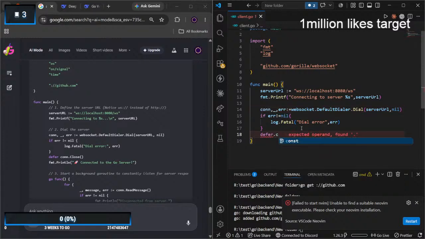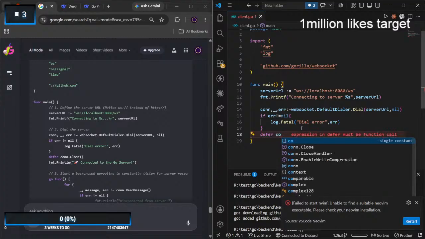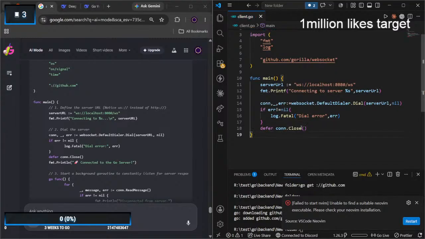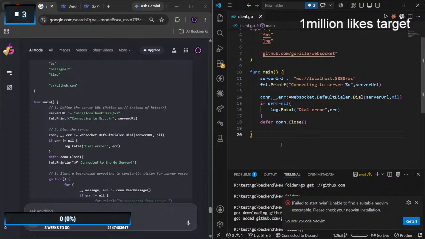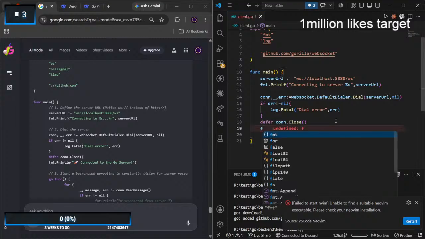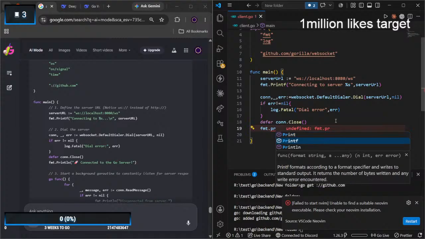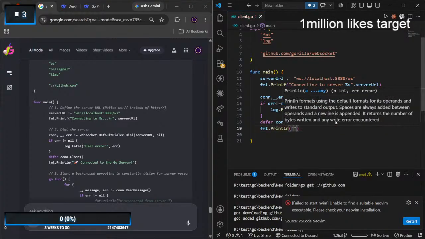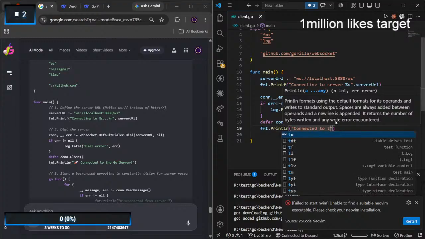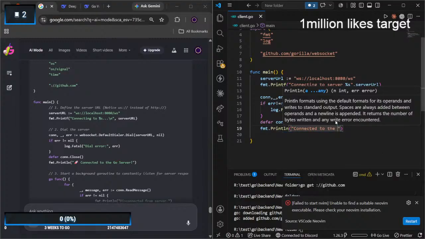Preferring my connection. So we are connected to server.